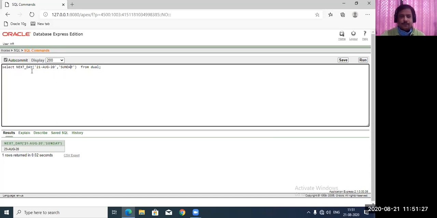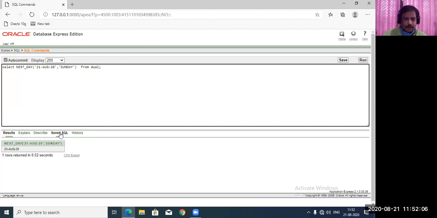So this way we can use this particular function. This is very simple, next day. Whatever the day you have, we'll calculate the next one of this. If you want to give a different day, suppose I change it here, because today it is easier to recognize, today is 21st and Friday. So next Friday, what will happen? Next Monday, what will be the date? That way we can calculate it here. And this is the use of this particular function, next underscore day.